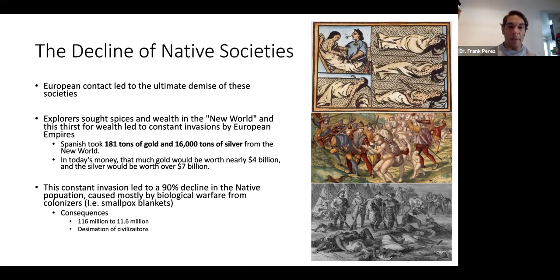The Spanish Empire took about 181 tons of gold and 16,000 tons of silver from the New World. In terms of today's money, that's about 4 billion in gold and 7 billion in silver, for obviously a grand total of $11 billion. With that,